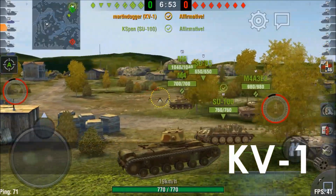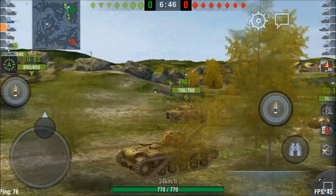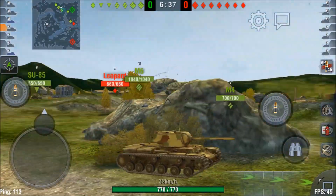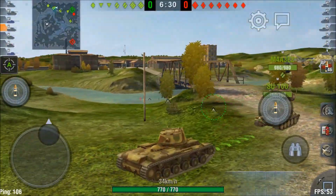But other than that, I don't think there will be a lot of problems for a good medium driver at tier 5 padding the front of tanks. We're starting off the gameplay here by driving the KV-1, fully upgraded, the top gun mounted, all the guns I